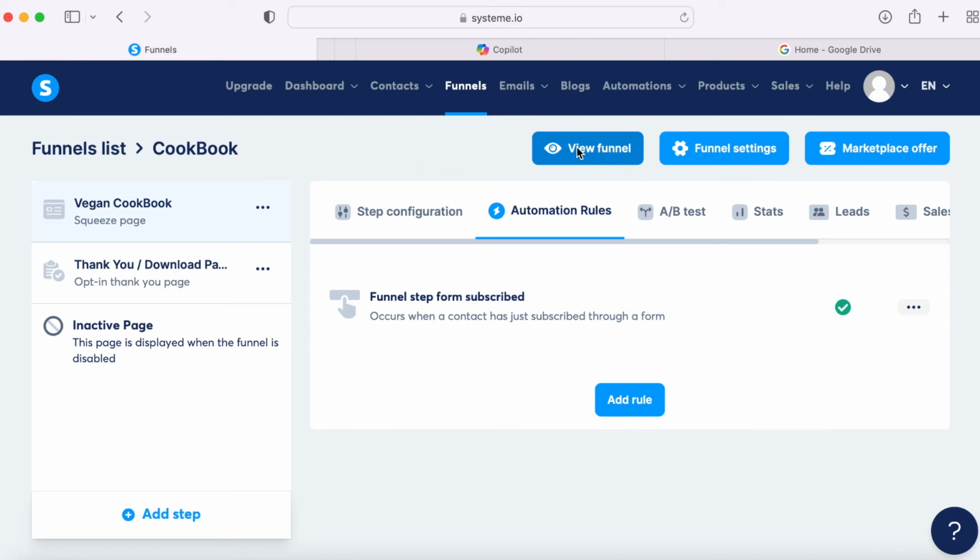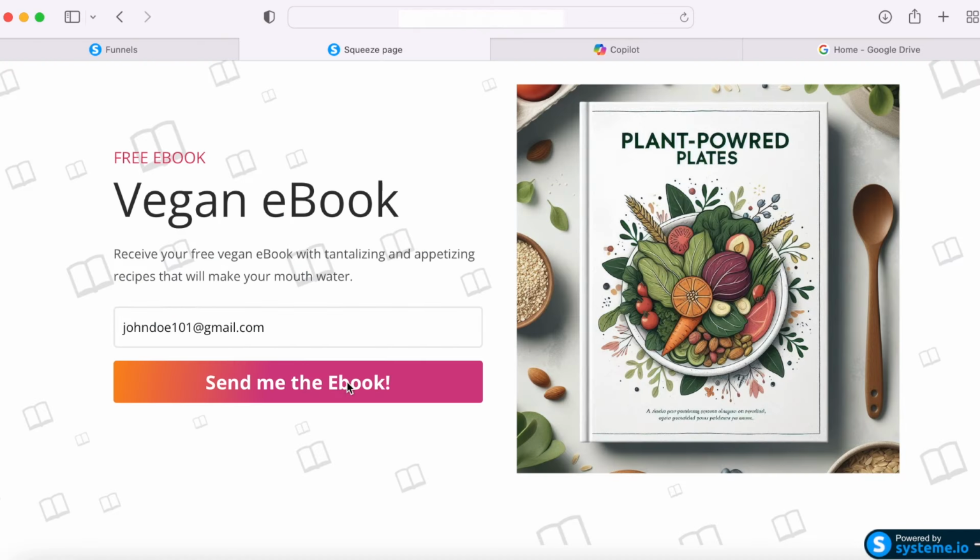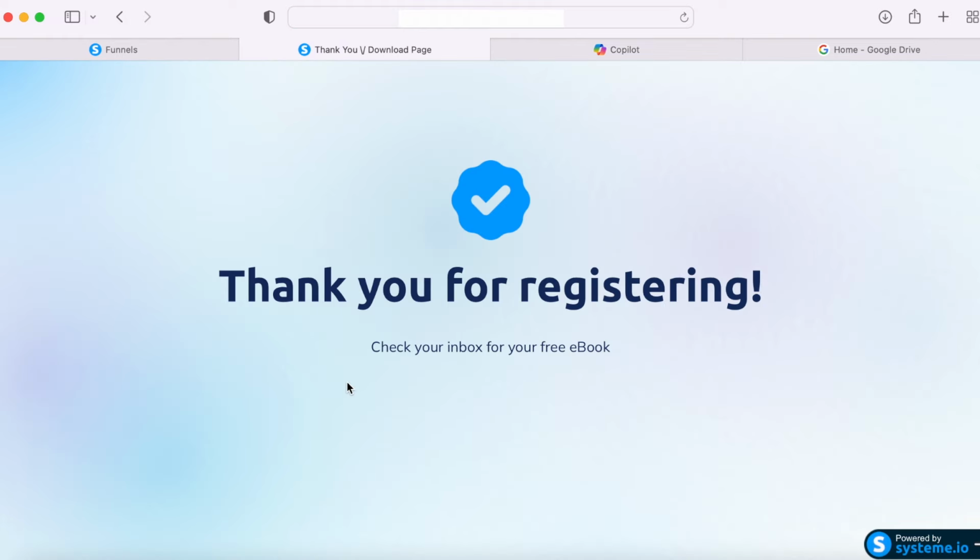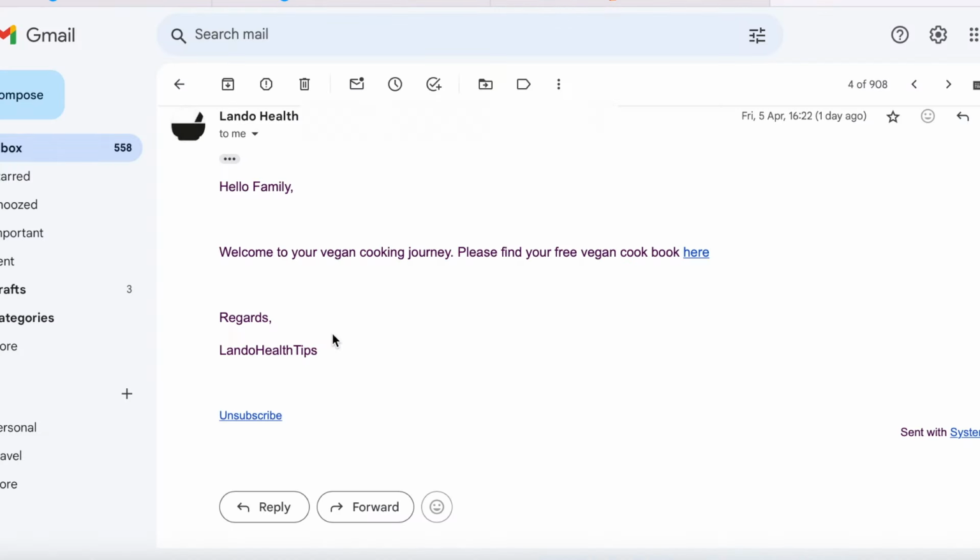Click View Funnel. Type in an address and click the button below. Wait about a minute or so, or whatever you set your delay time to, and check your inbox. You should see an email that looks like this, and if you click the text link, it'll take you directly